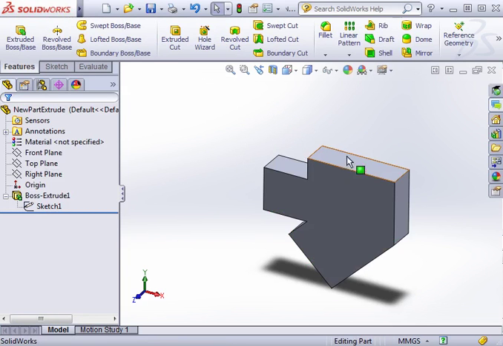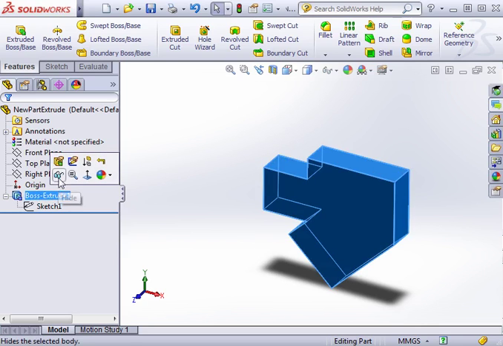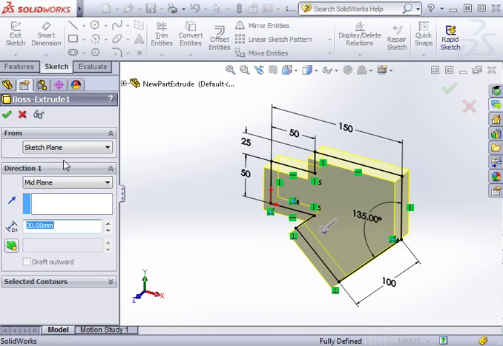So we've seen how to change the shape of the profile based on the sketch. But I'd also like to show you how you can always modify the thickness as well. The thickness is driven by the Boss Extrude feature. If I click on the feature, notice there's an icon on the pop-up menu to edit the feature. When I click Edit Feature, it brings us right back to the property manager we had earlier, so I can